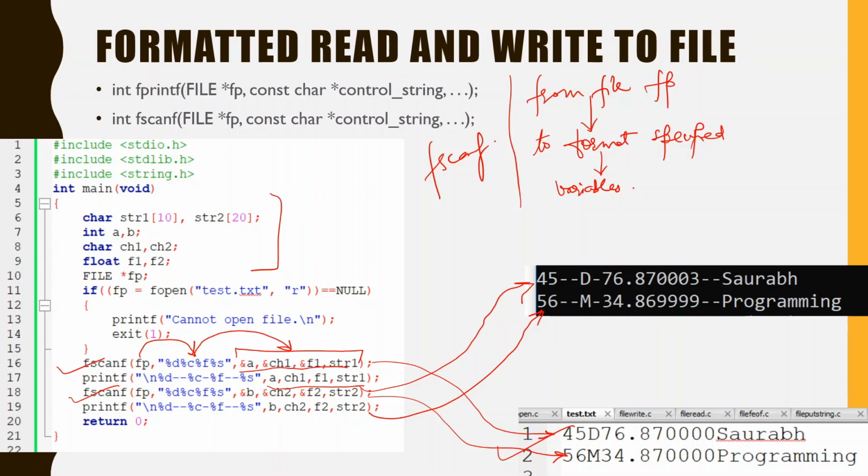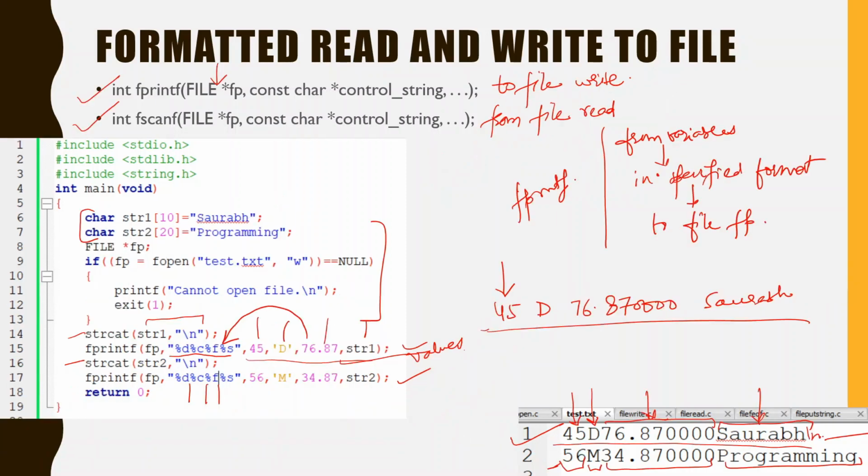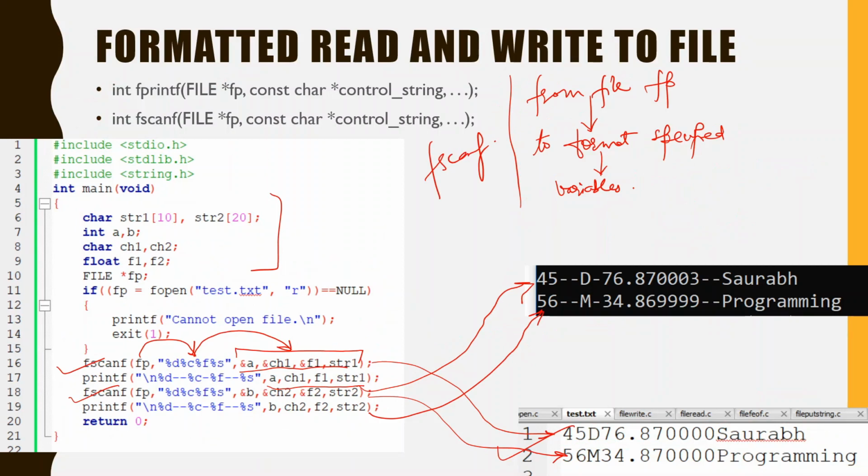Now what is the advantage of this particular method? You should use it whenever you want to keep the data in its original format. When you write character by character or string by string, the original format of the data is lost, and everything is stored as characters only. Here you can keep the format. Since you entered them in the same order, you have to follow the same order of format specifiers that you used during fprintf. If the same format and order are followed, then you can retrieve the data back into the variables.